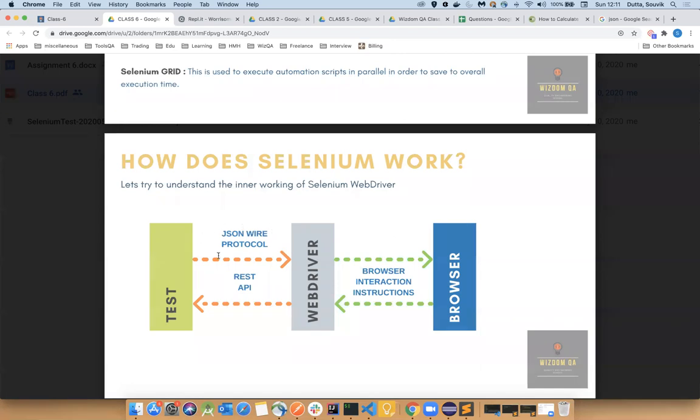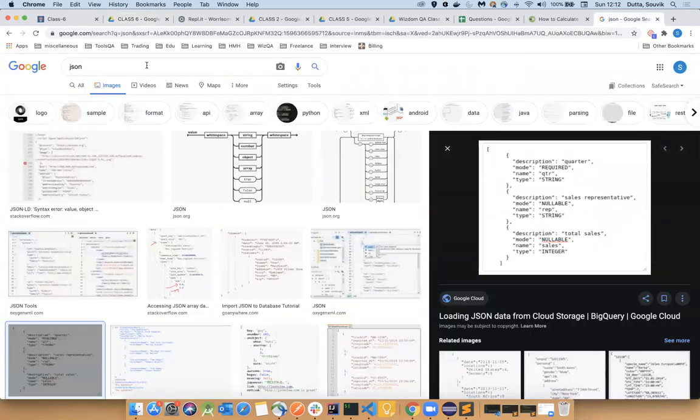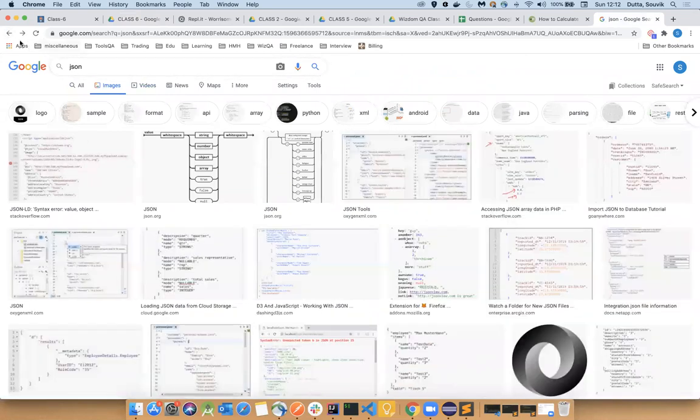Using this protocol, we call it the JSON wire protocol, the JSON information is sent to the WebDriver server. Once this information is received by the server, it forwards it to the browser inside which the action takes place. It basically tries to perform some kind of JavaScript action in the browser in order to perform a .click operation. If you try to Google this,